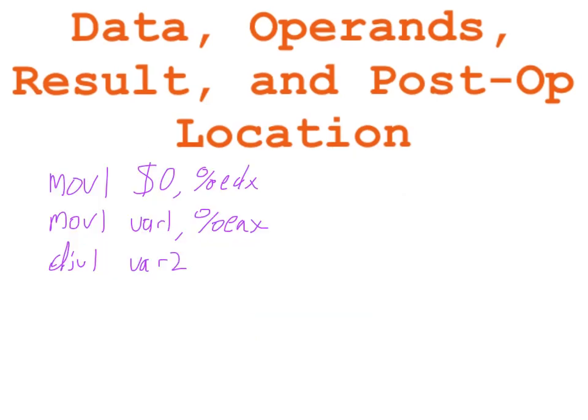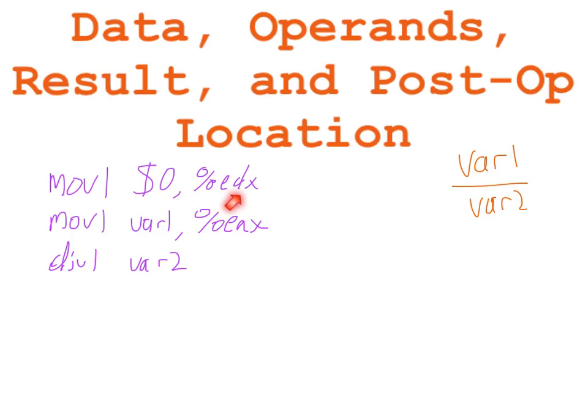So let's consider the example where we want to perform the operation variable 1 divided by variable 2, given by this assembly code right here. So, because we're good assembly programmers, we remember that in order to perform a division, we first need to clear out the D register if we're doing a 32-bit division. So, we move 0 to the D register, this is nothing new, and then we get ready to do our